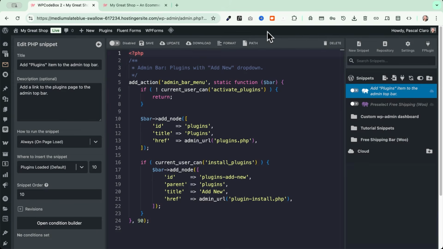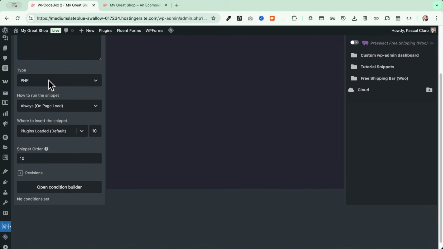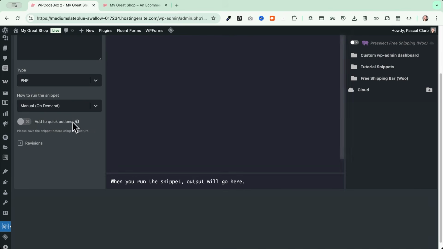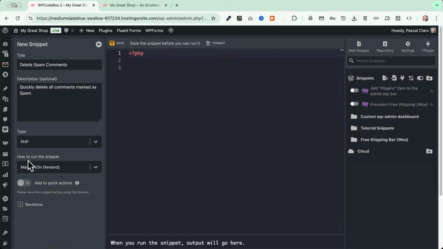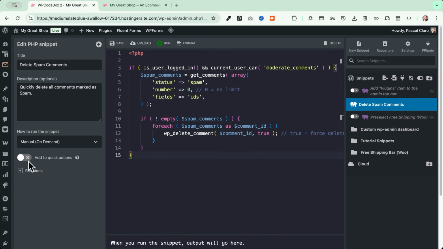To create a new quick action, you just need to go to New Snippet here. You give it a title, in my case it will be delete spam comments. I'll give it a description, and then here I will leave the type on PHP, and I will choose to run the snippet manually. So I'll click here on Manual on Demand. Now here you see that I can enable the quick actions, but before doing so, I need to paste here my snippet. This is my code snippet, and